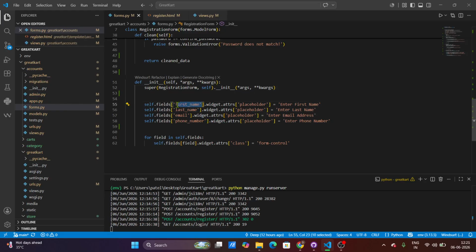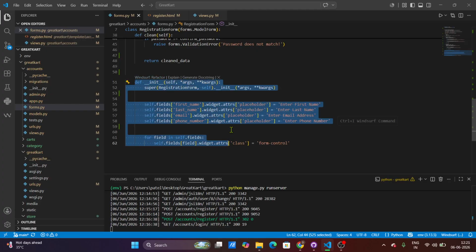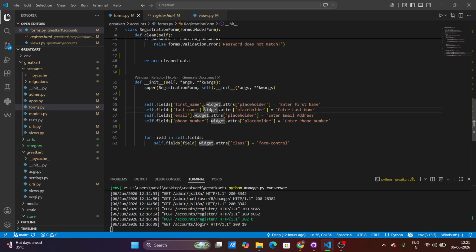Okay, so for first name, the placeholder we are setting is 'Enter first name'. This will be executed every time the user is submitting the form. Okay, that's why we have kept it inside this init method, so that it will always execute when we create a new user. Okay,